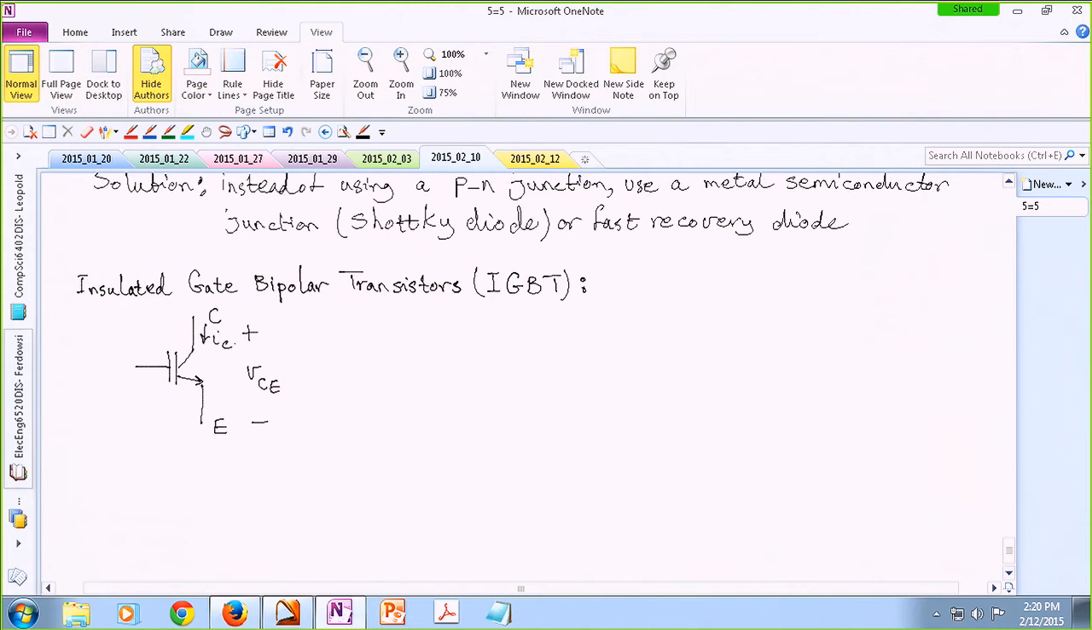It has a collector, it has an emitter, and then we call this one gate instead of base. If you really zoom into the device, you are going to see that there is a FET integrated with a transistor. So the way it works is, remember a BJT, a bipolar junction transistor, you always need to have a little